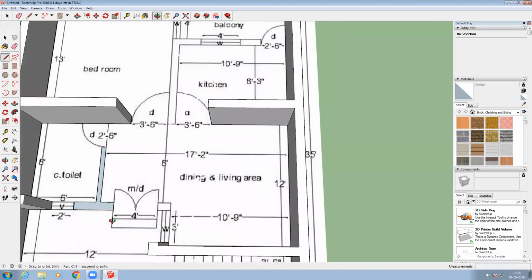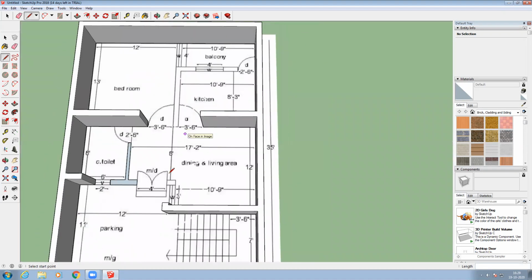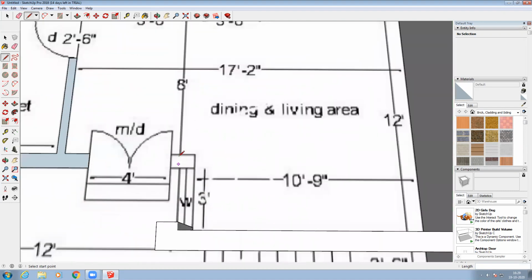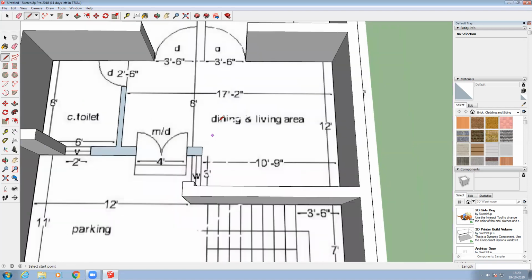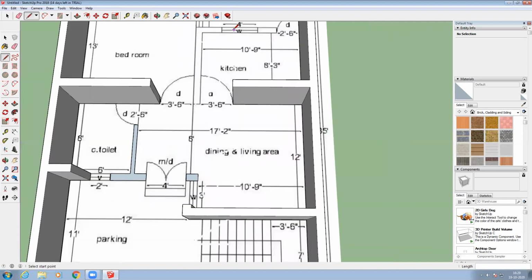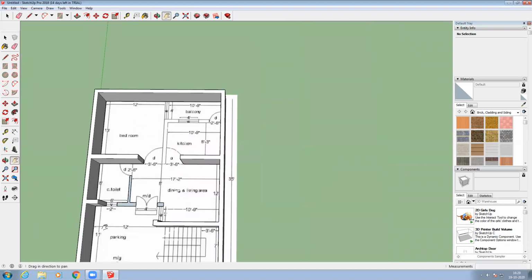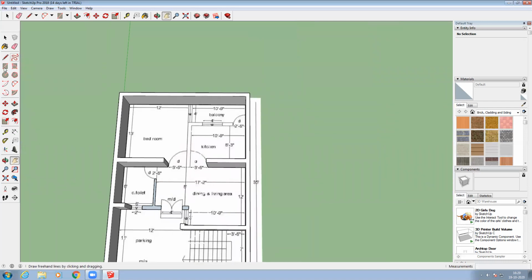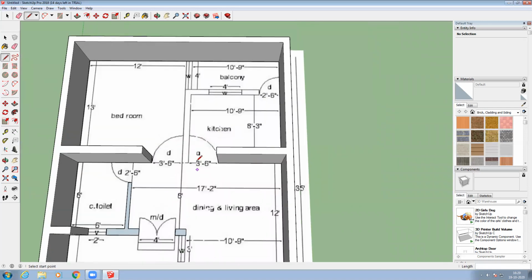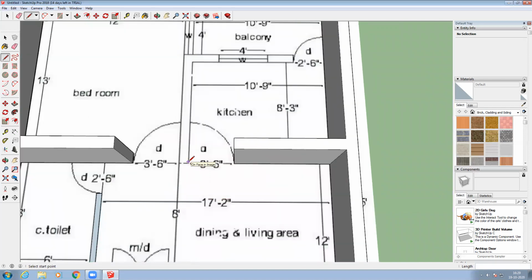If any wall is missing, so many walls are missing over here, right? That also you can draw by using this line command, right? And then again here in the kitchen the wall is missing, right? That also I can draw now, see.